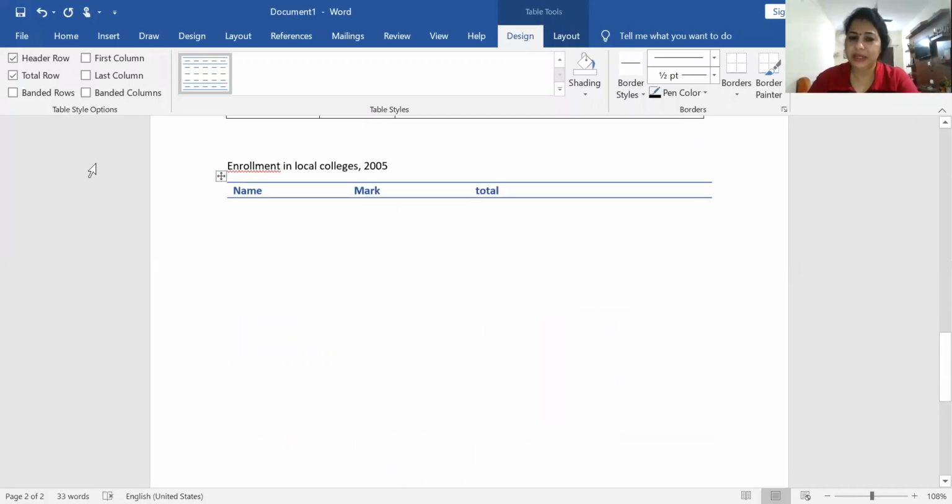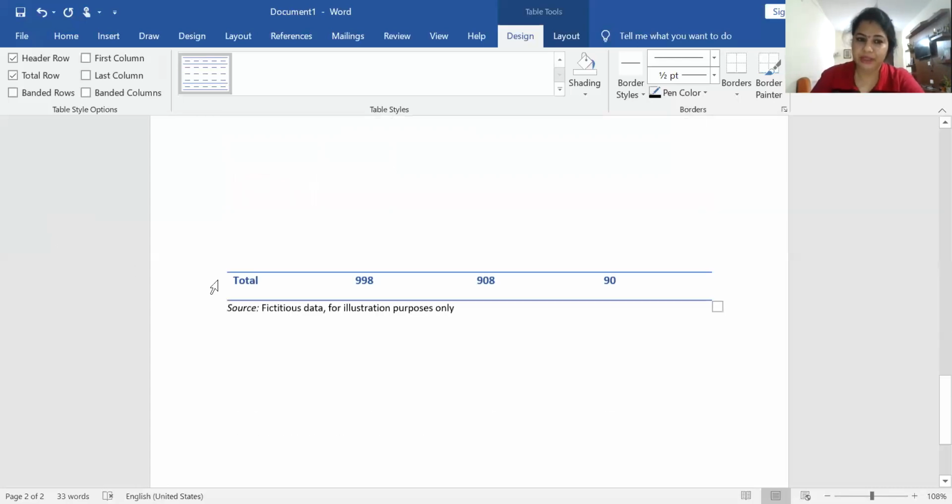Okay. It is a little bit for higher situations in an office, those people who are working in a particular department and doing certain specific tasks, they have to choose the quick table option to take it pre-designed. Okay. So how many methods did you learn now? There are 4 methods: one is the grid option, second is insert table, third is draw table, and the fourth is quick table. Now you understood how to create a table using different methods or procedures.